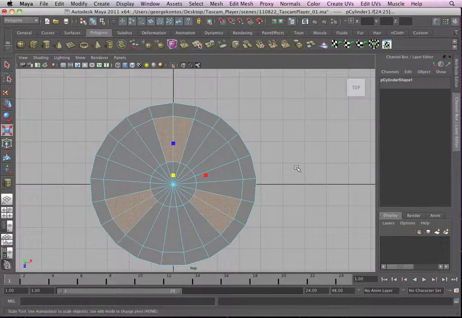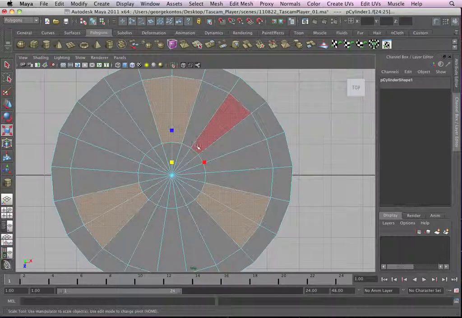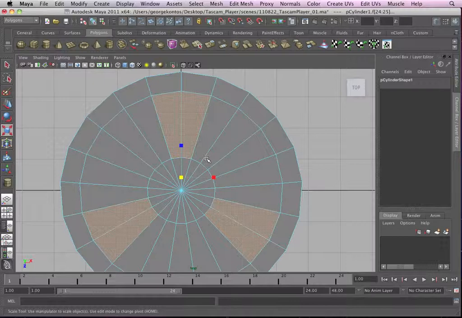And I'm not going to delete them yet. Usually everybody would just say, okay, let's get rid of these faces, delete them and start working on the model. But we need some area around these faces, so I'm going to extrude them first so I can have a little bit of spacing. So I'm going to go ahead and extrude,